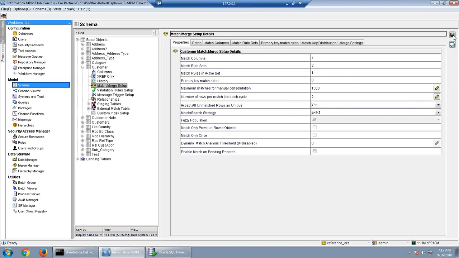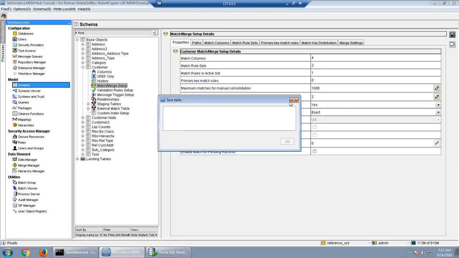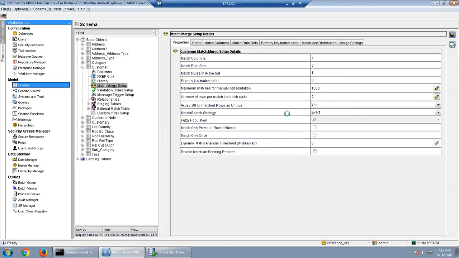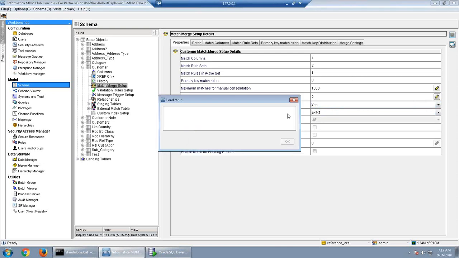But this property works only if you run the auto match and merge job. As of now, I have been running only the match job. If I run the match job, it won't work, because I need to run the auto match and merge job. Auto match and merge means it will match the data and even merge the data. If we set that, then only it will change the consolidation indicator to 1 for any record.